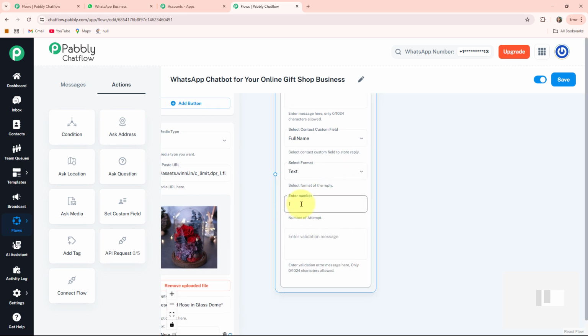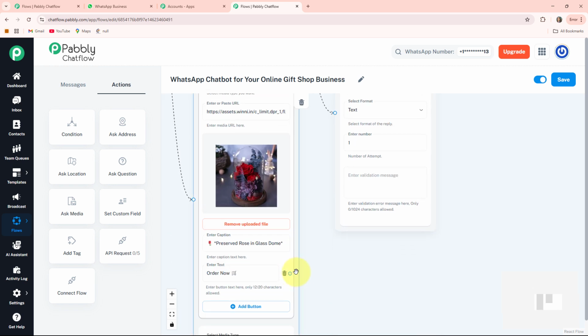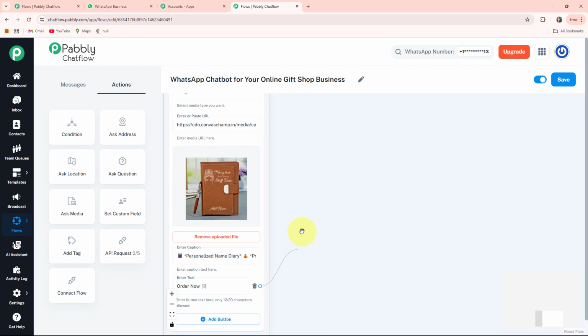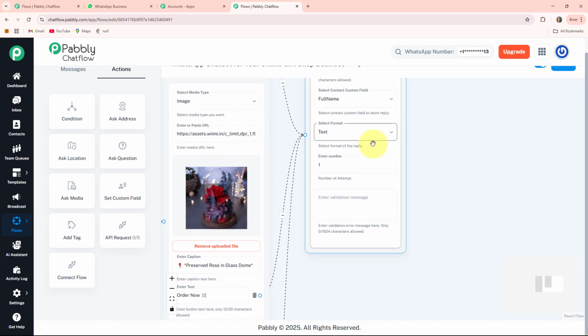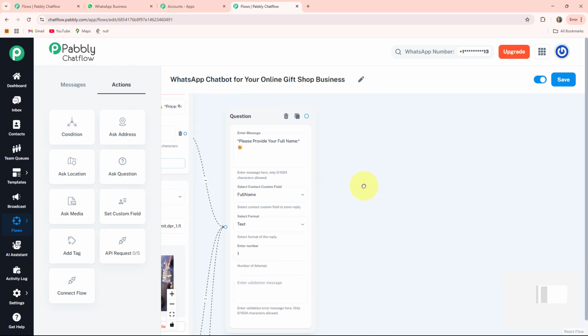Number of attempts I'll give as 1, and if you want to write any validation message for your customer, then you can write in this box. Now I am connecting this circle, which is present in front of order now, to this message. This circle also, and this too. Here it is connected. Now, whenever my clients provide me their name, then I want to know the address